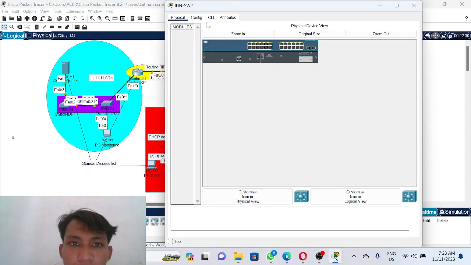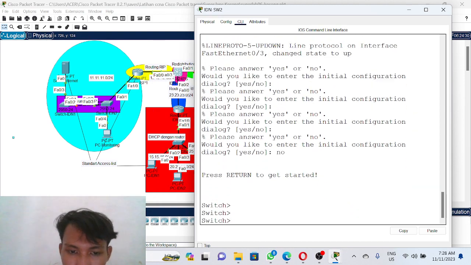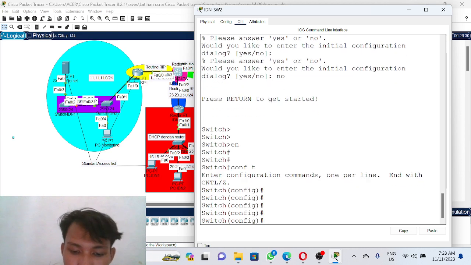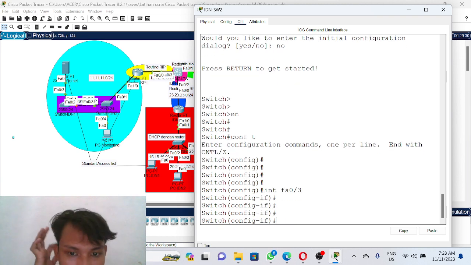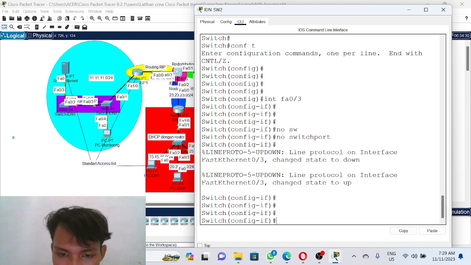Redistribute. Enable, configure terminal, interface FastEthernet 0/3, no switchport. We deactivate the switch function and activate the router function.